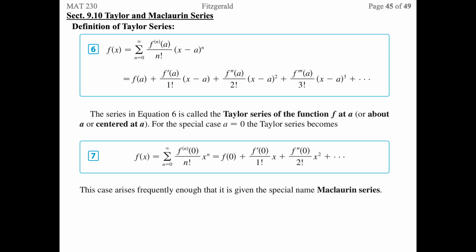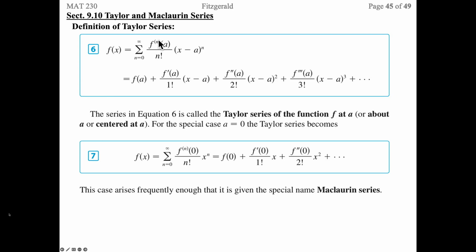Welcome to section 9.10, where we're going to talk about the Taylor and Maclaurin series. So the definition of a Taylor series is f of x equals the summation of n equals 0 to infinity of f, what looks like it's raised to the nth power, a over n factorial times x minus a to the nth power. But what this notation really means is this is going to be our number of derivatives that